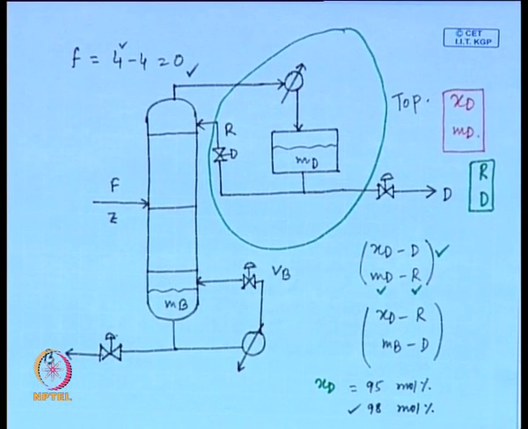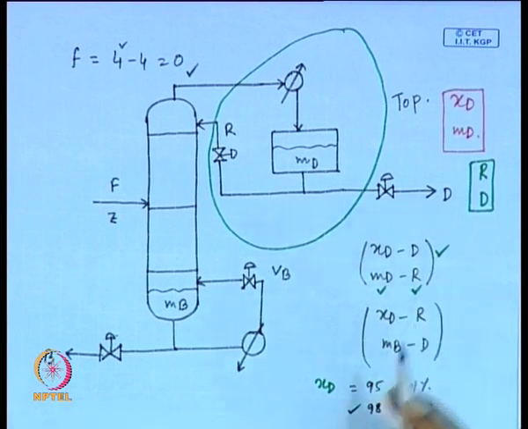It is perhaps not possible to get 98 mole percent purity by the manipulation of distillate, fine, but it may be possible by the manipulation of reflux flow rate, because if we want to get 98 mole percent purity, there is a need to increase the reflux flow rate,